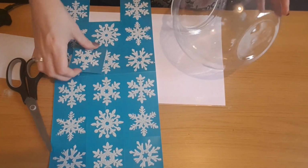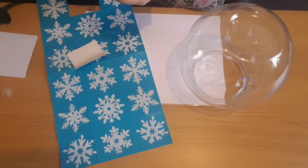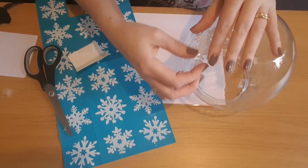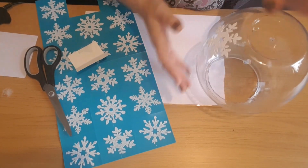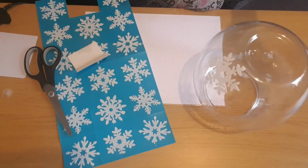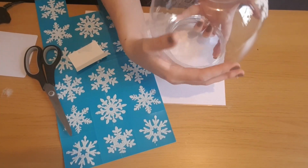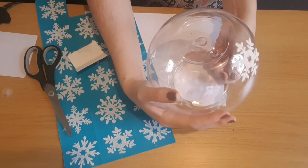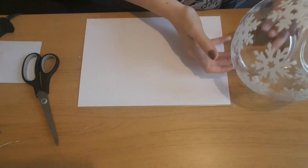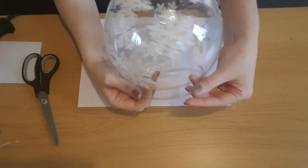There are two faint ridges on either side, so I made sure that they were at the side and not at the front. And then I'm just going to trim around the clear plastic of each of the snowflakes, and I am going to just pop them on the outside. Like so. And what I'm going to do is I'm going to completely cover the plastic bowl, but I'm going to leave the middle of the front blank, because obviously I want you to be able to see what we put inside